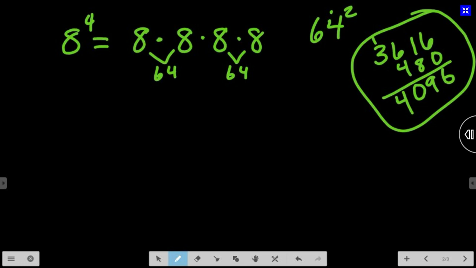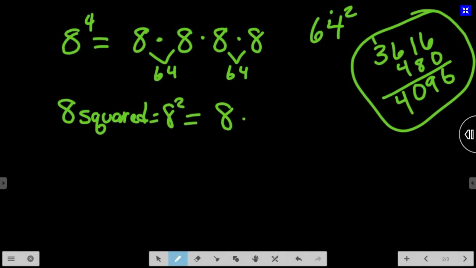Alright, what about in expanded form? If I have 8 squared, what does that mean? 8 times 8. Okay. And if I have 7 cubed,